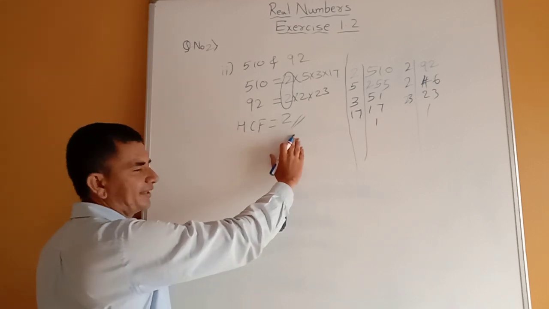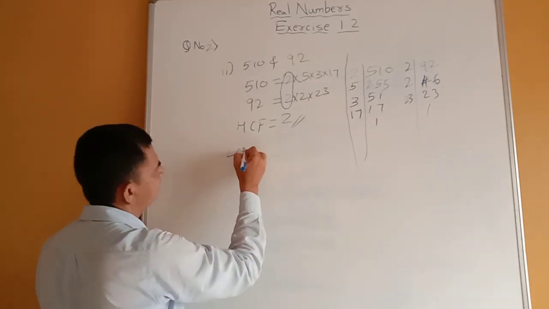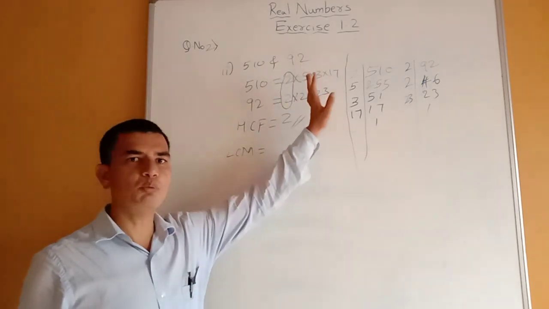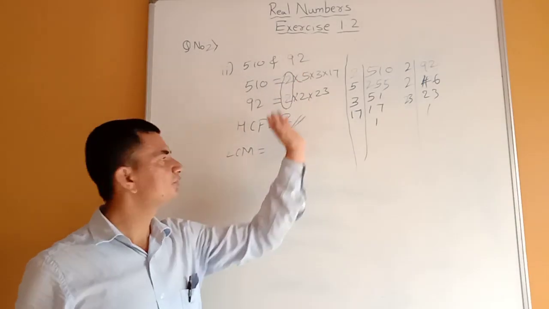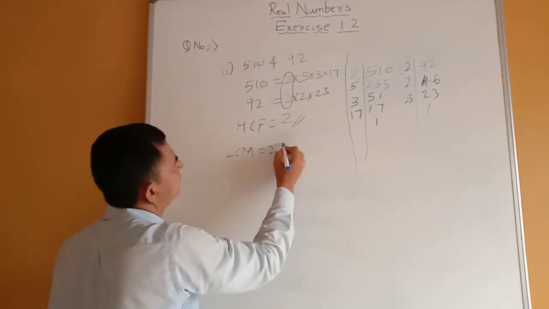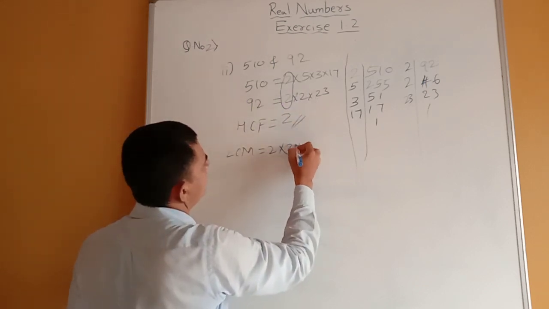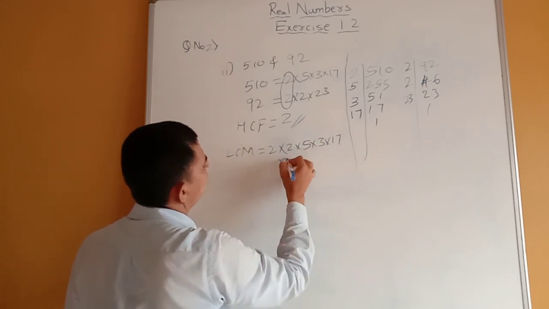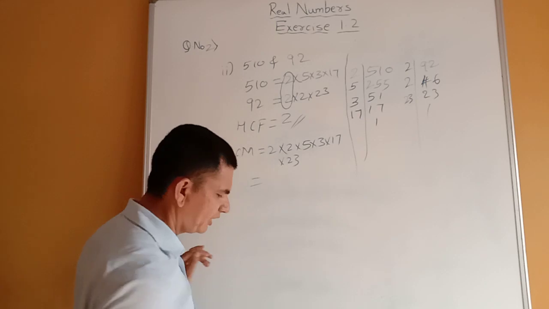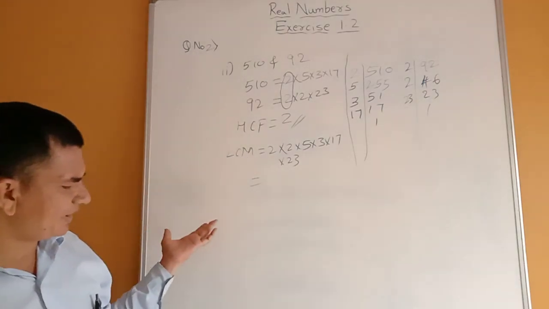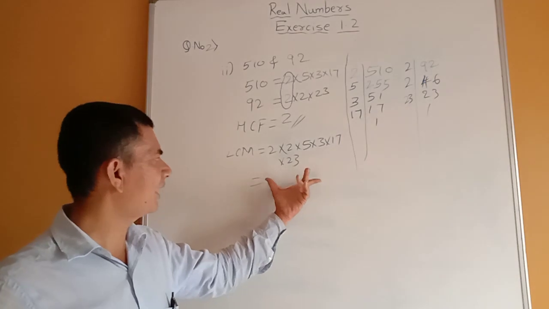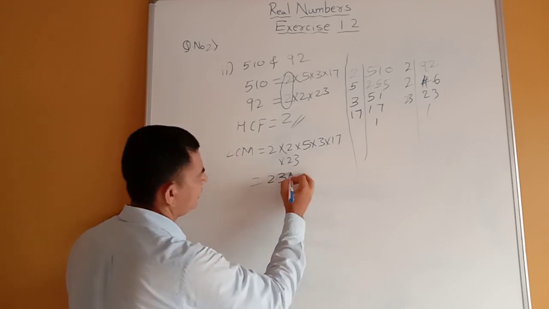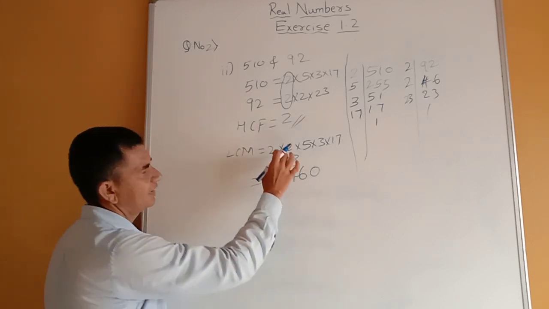Now we have found HCF. Now find out the LCM. I told you LCM means we have to take all these factors and we have to multiply, but I take the common 2 only once. Here 2 into 2 into 5 into 3 into 17 into 23. Here it's a very long number, so I will multiply it directly, and directly I am going to write this answer. It will get 23,460. We will get your answer after multiplying this.